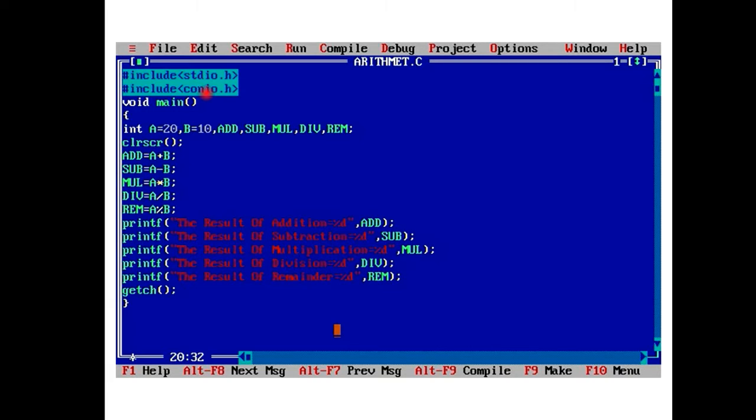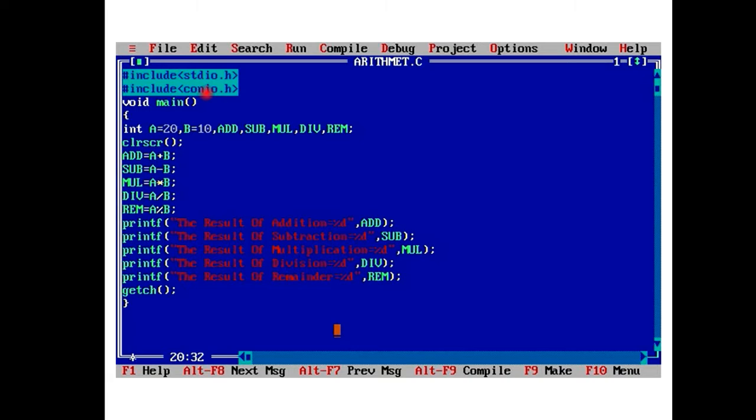After that, we have declared a lot of variables in the data type integer. Data type is a concept that is used to identify what type of value is present in a particular variable. Since we are not using fractional values or characters, we have used the data type integer for performing the arithmetic operations. We have declared and initialized two variables named a and b. A is holding the value 20 and b is holding the value 10. After that, you can see add, sub, mul, div, rem, etc. These are the variables that will be storing the results of addition, subtraction, multiplication, division and modulus.